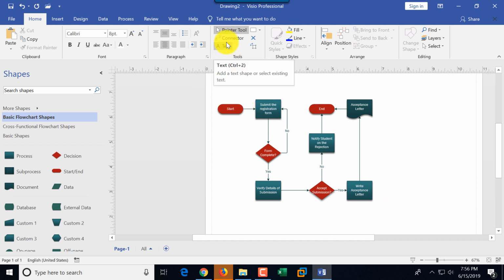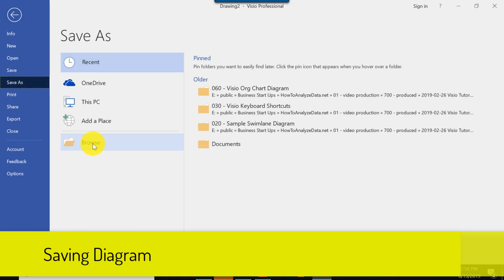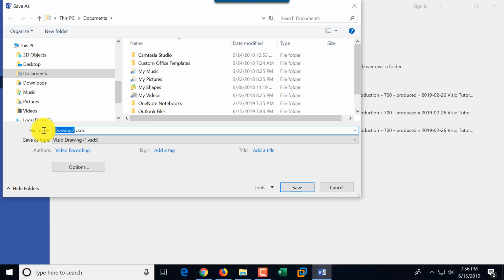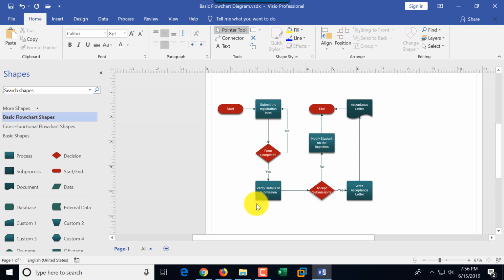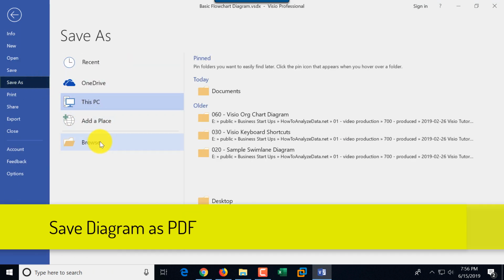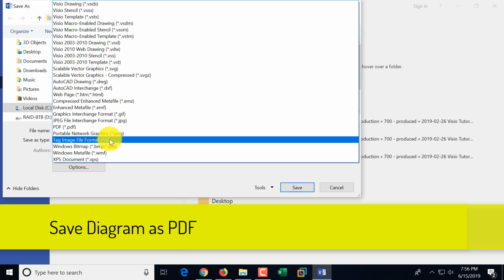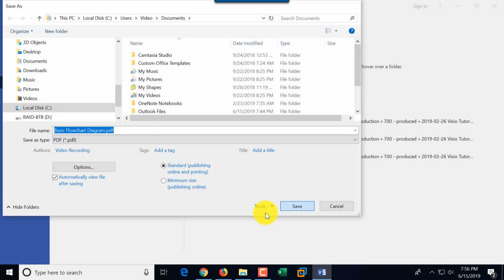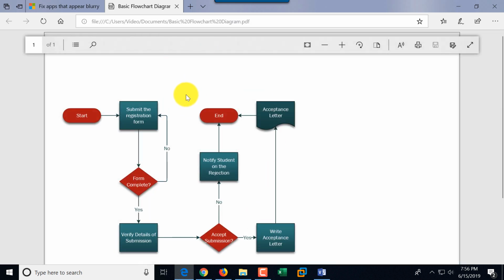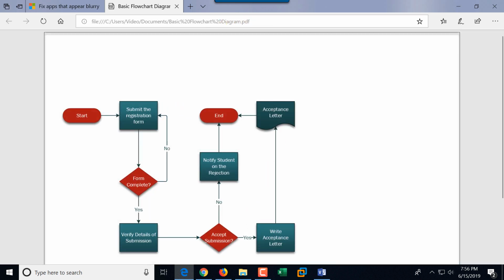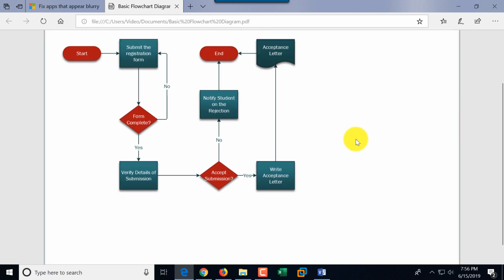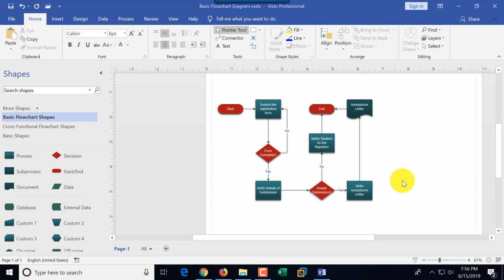And one of the coolest features of the Visio diagram, obviously you can save it, and what I typically like to do, I save it as PDF file. So I just click File, Save As. First of all, you probably would want to save the diagram itself, and then here we'll just say basic flowchart diagram. But as we save it as, you have an option of saving it as PDF file, and then it saves it as PDF, and now it opens in the browser, but obviously you can open it up in a PDF reader. I'm going to close the Edge browser, close all tabs,